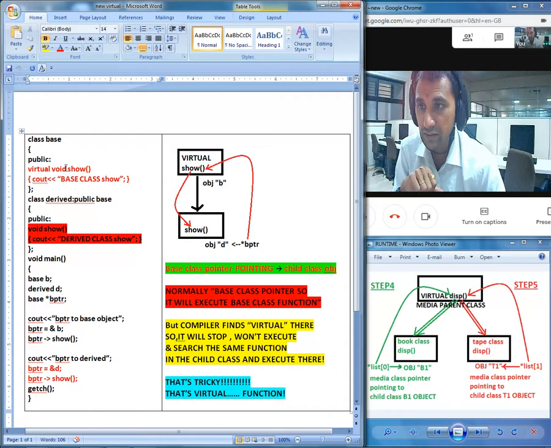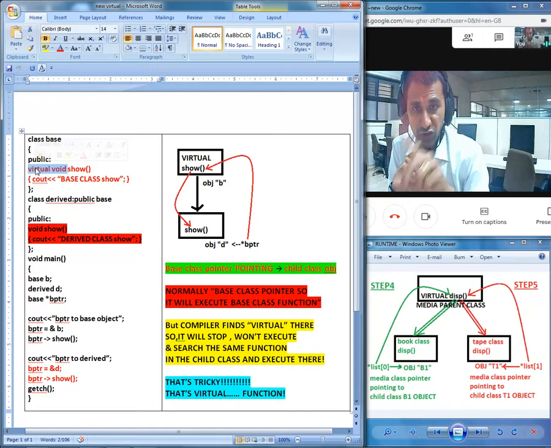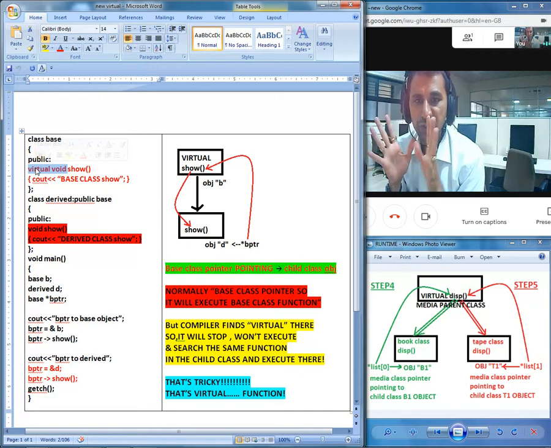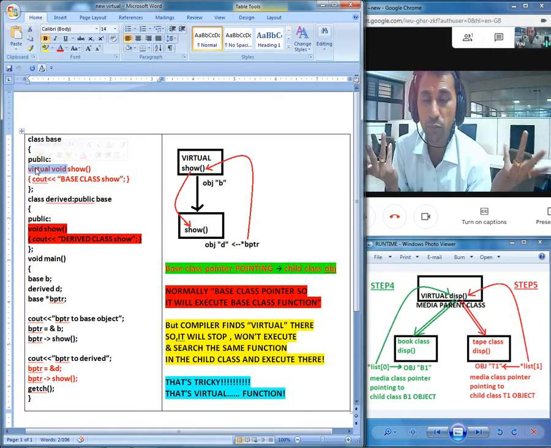The only difference is that the base class function has been defined as virtual. Once again, the base class function has been defined as a virtual one, and the child class function is a plain, normal function.